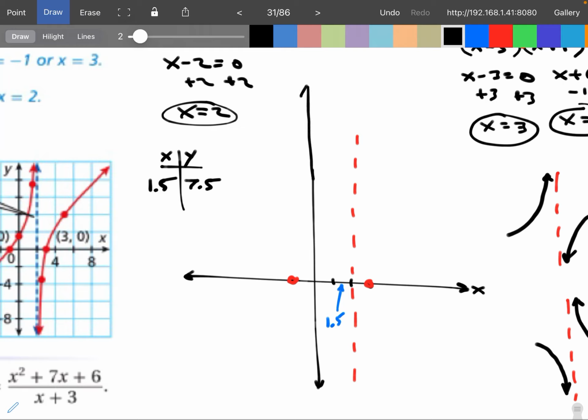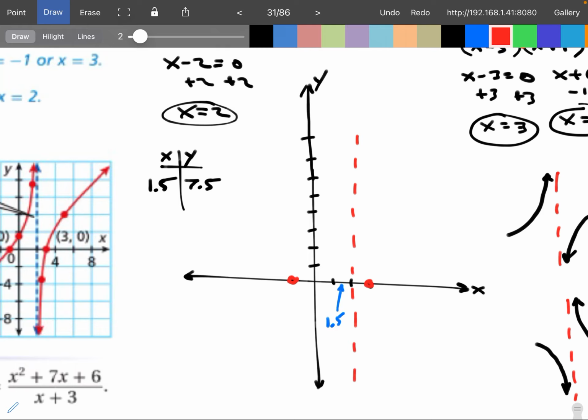So let's do that. That's not too bad. So there's my y-axis. I got to go up. I got to go 1.5 right and then 7.5 up. So I got to go 1, 2, 3, 4, 5, 6, 7, 8. So I'm at 7.5. So that point is going to be 1.5, 7.5 is like right